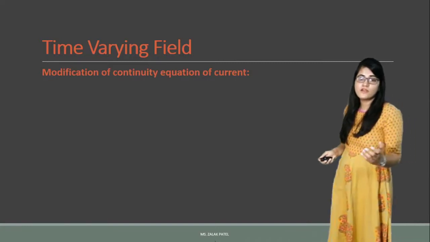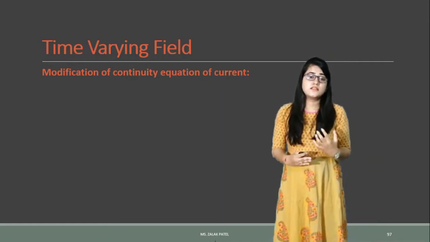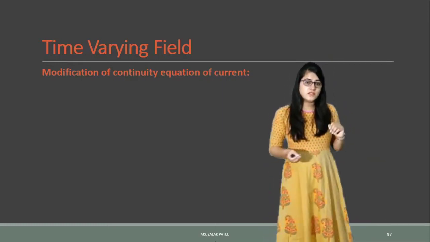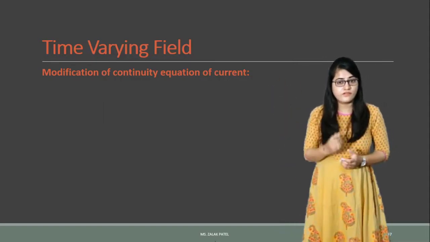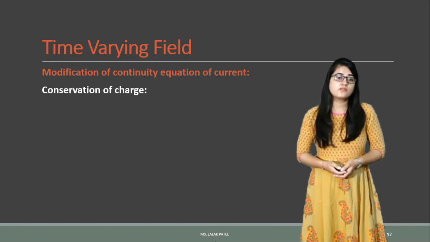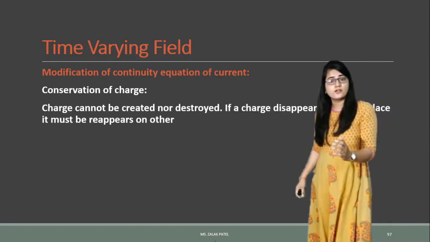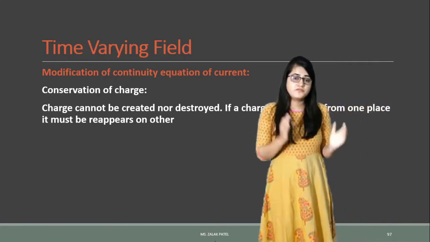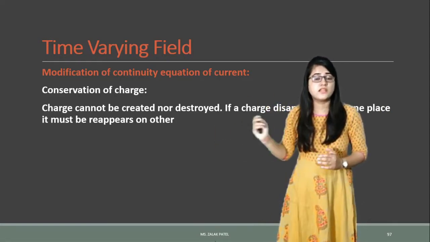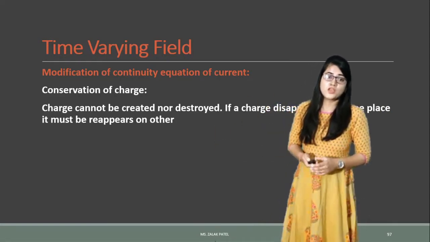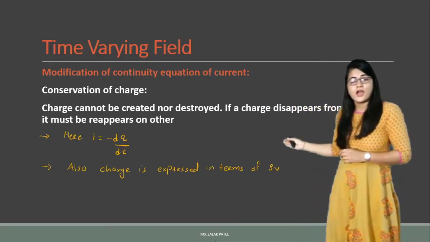Now, time varying field means the flux density is changing with respect to time. Here first we see the modification to the continuity equation of current, that is our first Maxwell's equation. According to it, conservation of charge is possible, which means charge cannot be created or destroyed. If charge disappears from one place, then it must reappear at another place. So the total rate of change in current is given by I is equal to